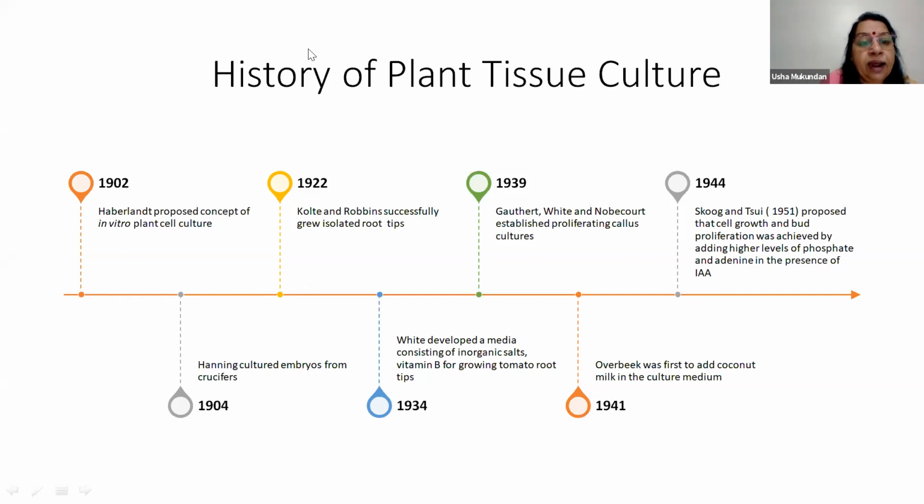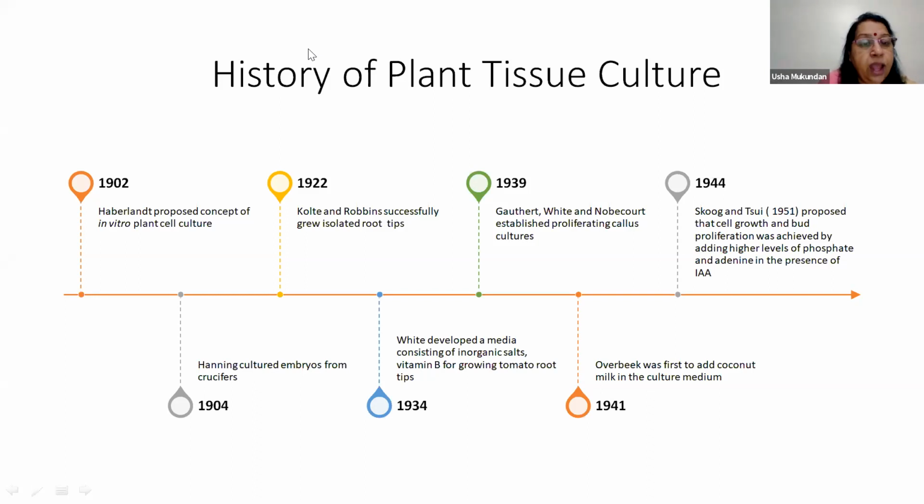Now, way back in 1900, very early, there was a German plant physiologist who proposed the concept of in vitro plant cell culture. In fact, he was the one who conceived the idea of totipotency. And he said that each and every cell has the required genetic information. As a result, given appropriate conditions, these cells can differentiate to form tissues and organs. That means if you had a proper environmental condition, both physical and chemical, a plant cell can be cajoled to